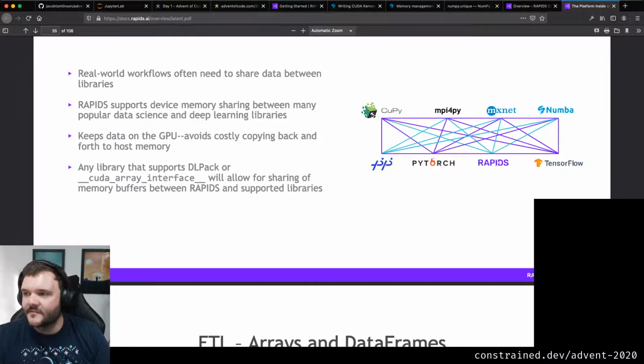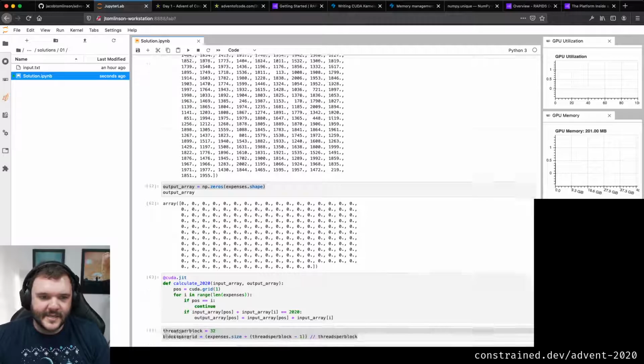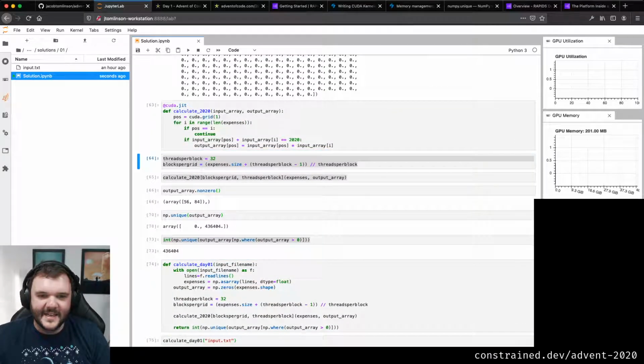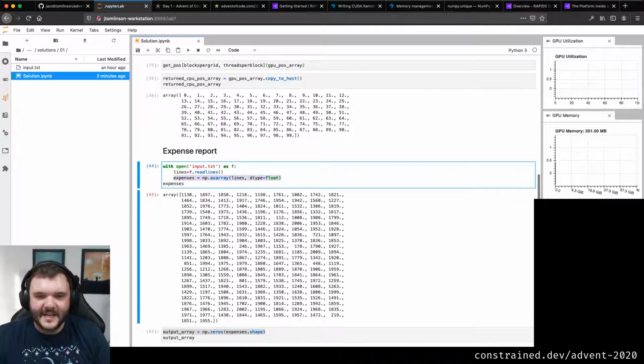So things play together really nicely. This is one of the things that Rapids is trying to achieve: this interoperability and a consistent workflow. I'm doing these toy, slightly unpleasant examples here where I'm reading in data, looping over things to read in data and casting them to NumPy arrays and stuff.